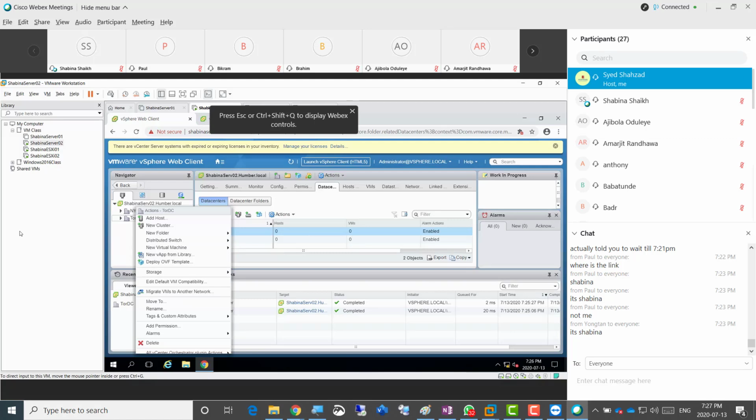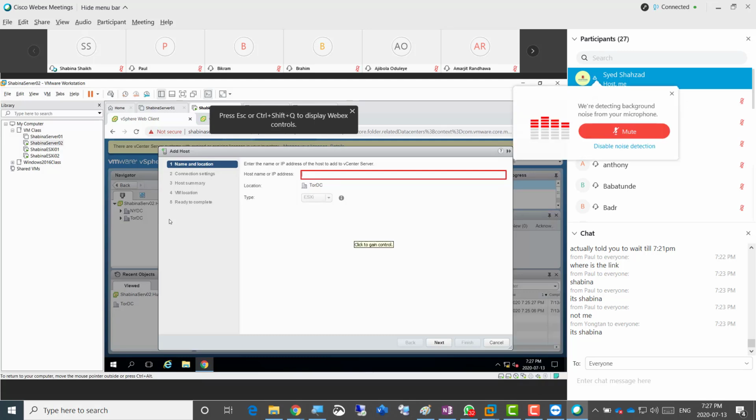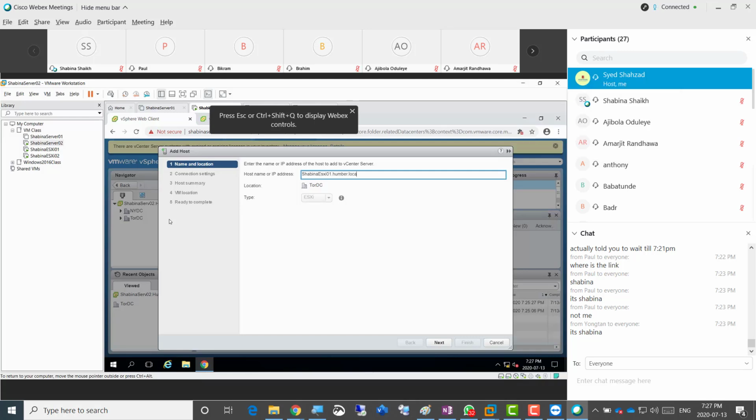So we're going to go up to the add host on the top. Once we click add host now, guys, it's better to add the host by name, by FQDN specifically. So this would be the hypervisor name, ESXi01.humber.local. I think that was our name. Okay, so your first name ESXi01.humber.local. So now if your name resolution is working fine, which means that server 1